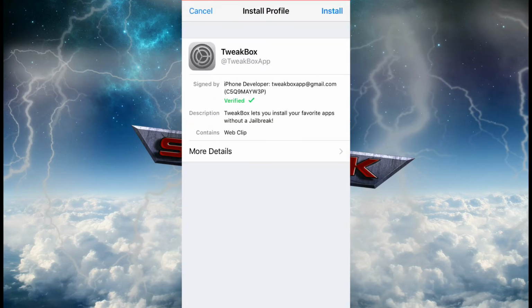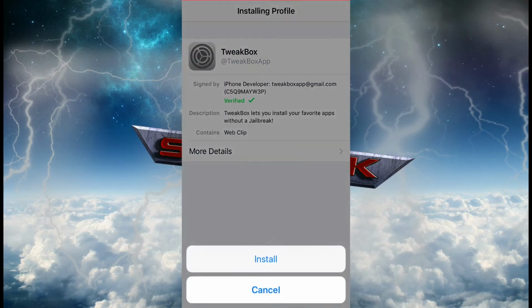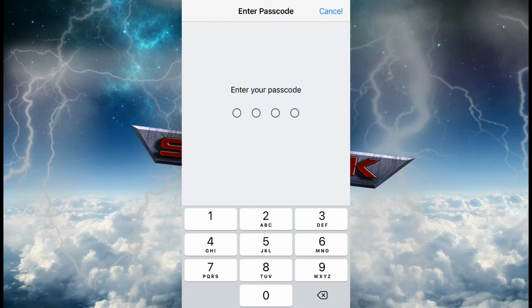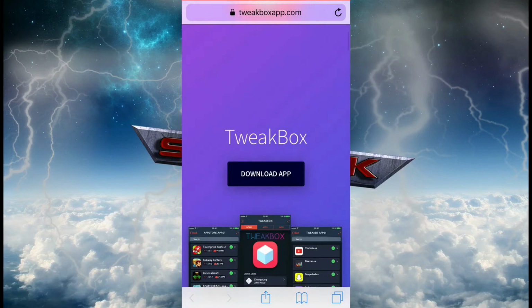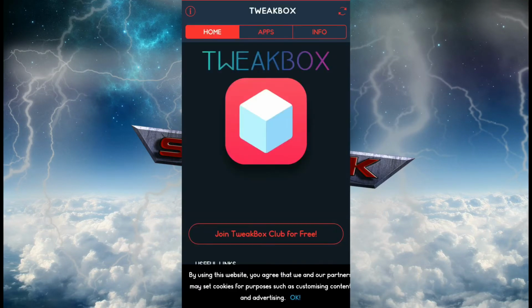Then click allow, and this will take you to your profiles. Click install. Once you click install again, put your passcode, and there you go. Click done. Once you got it all installed, go back to your home screen, click on the app right there,